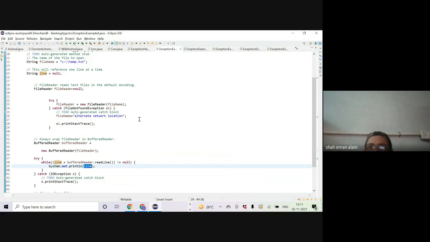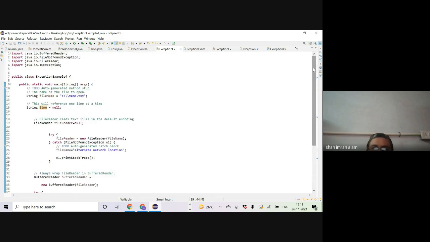That's a gone thing. Now the next problem that could happen while I am trying to read this file, even though the file is there: the file might be corrupt, or just at that moment the hard disk's internal connection is a little disconnected or loose. It may result in an IOException. So in that case I will have to catch it. I have to surround this line with a try catch block, and the catch block will have the handler of IOException type, the class IOException. Now run it; the code should run fully, there should be no problem.